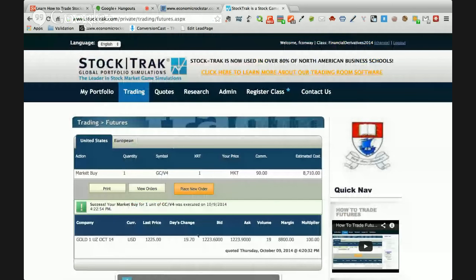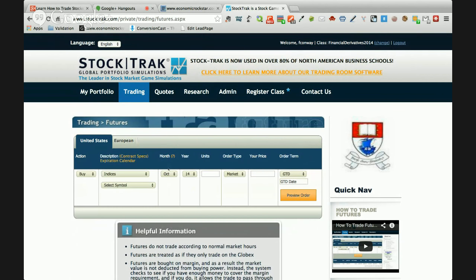Okay, so what I was doing was buying 100 ounces of gold, which is the equivalent of one contract, and it only cost me $8,710. So I was able to enter this market on huge leverage. Like stocks, you need to put in a stop loss position. Gold can actually fall from your purchasing position, and hence you need to protect against any subsequent fall that might materialize. So I'm going to place a new order, having bought futures contracts in October for metals and gold,